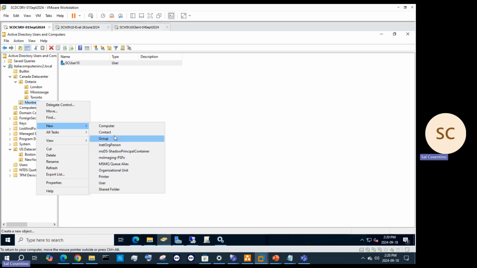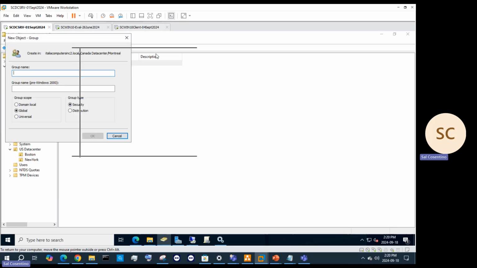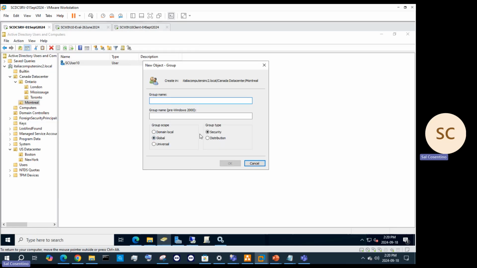And then we're going to go to group. This is going to be a global security group. And then we're going to give this a name, and we're going to call it the Montreal HR department email, or let's say group. And this is going to be our department group. It's going to be a security group